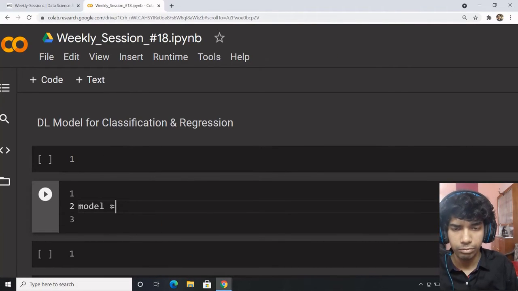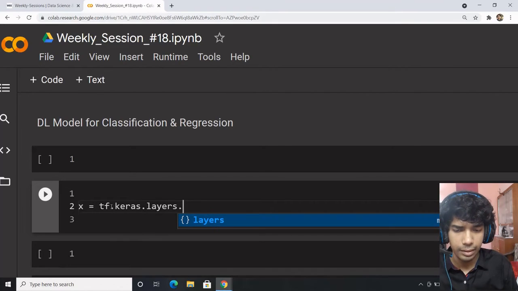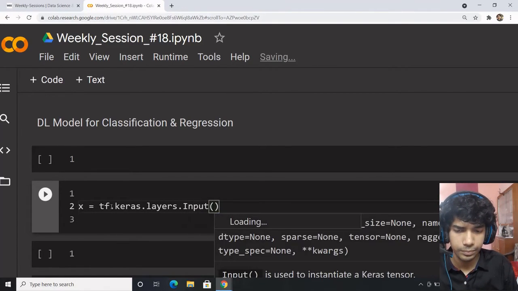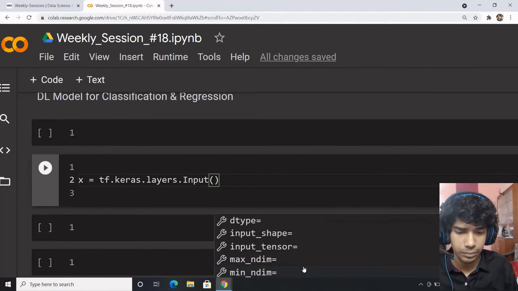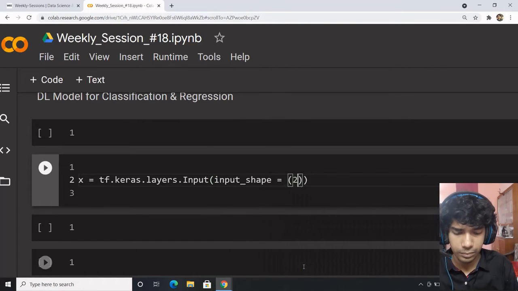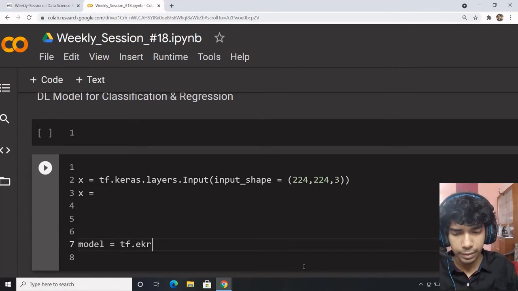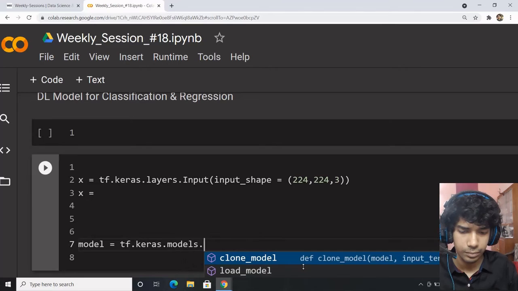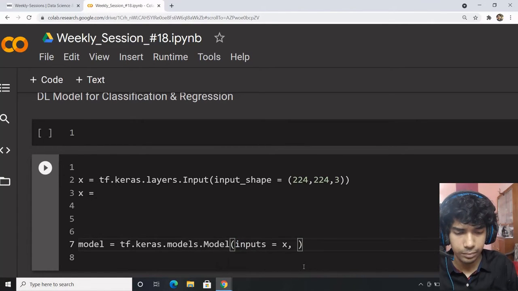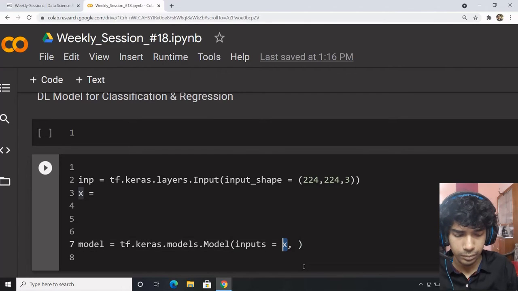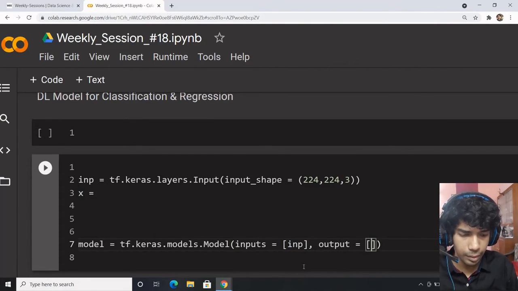The model would be something like a functional model. So let's say x would be equal to tf.keras.layers.Input, and here you can pass the input. Input would be input, output would be x.